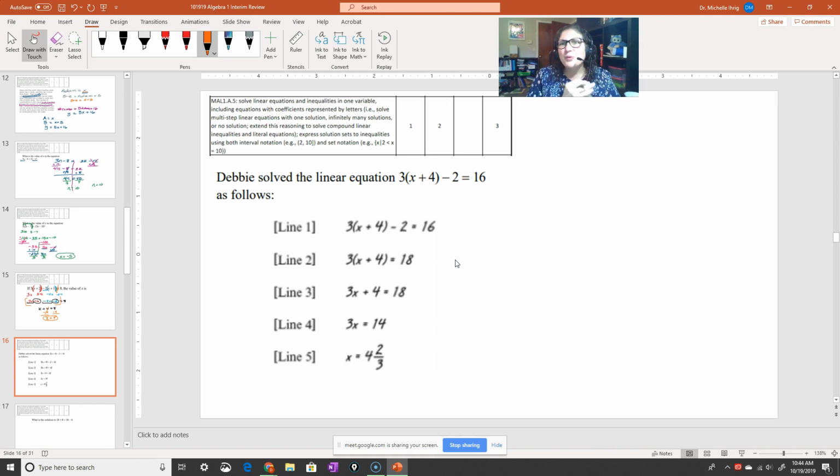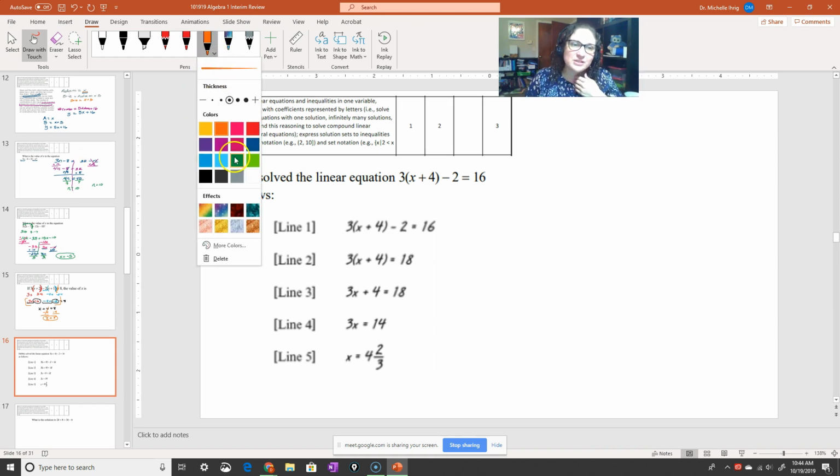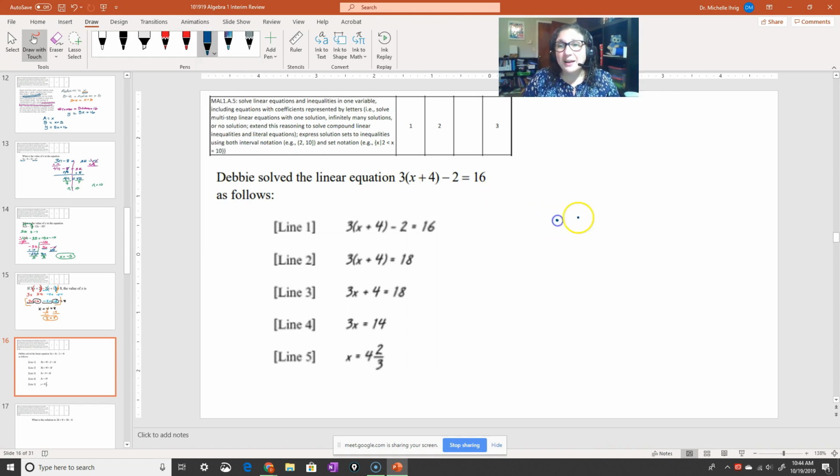This is an example of what they probably would have for something that would be a harder question, where you have to analyze what did they do wrong. So I always get confused on this question. So what I like to do, and you don't have to do it my way, this is just how I like to do problems like this, is I like to just solve it myself. And then I compare what I did to what they had to do. And in this problem, I know there's 2 mistakes. So first, let's solve it without really even paying any attention at all to what the student did. So I have 3 times x, which is 3x.